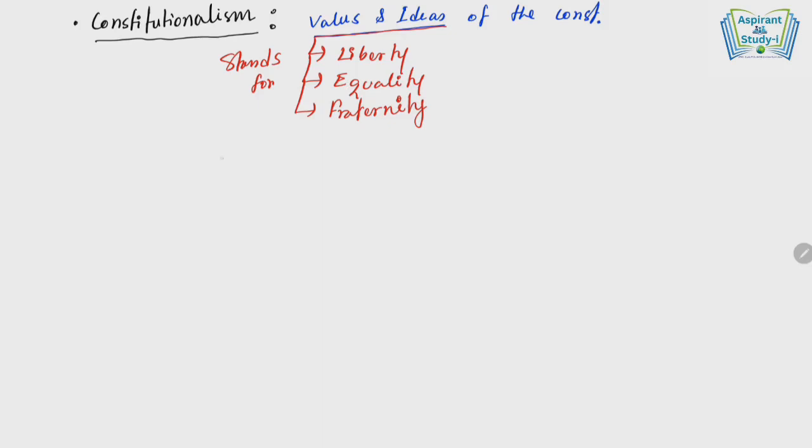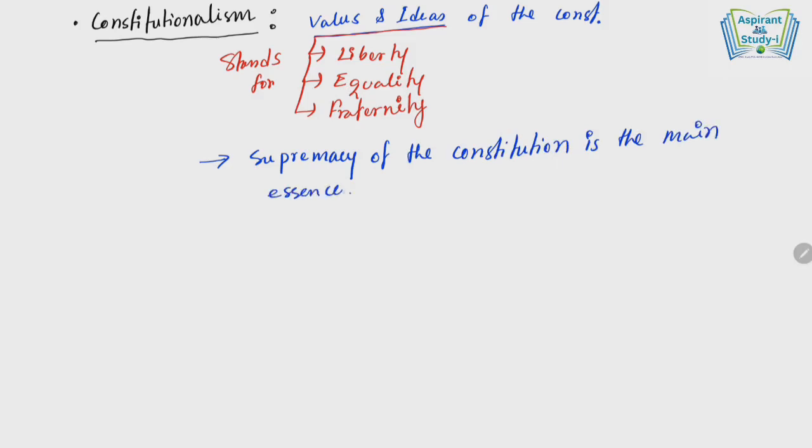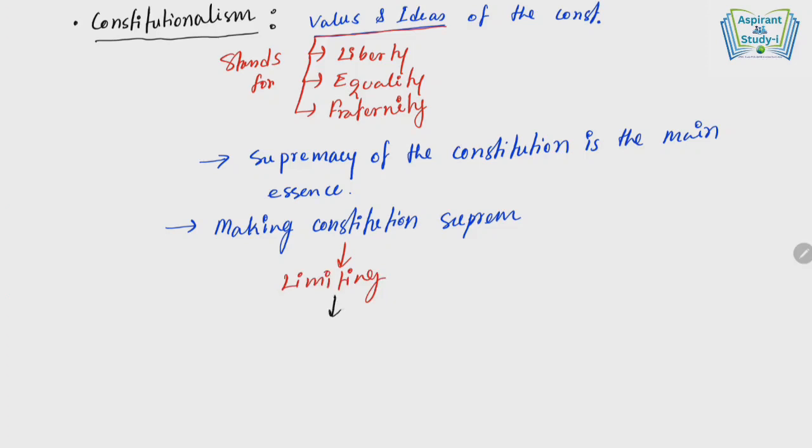In constitutionalism, supremacy of the constitution is the main essence, and making constitution supreme. Limiting the power of government,